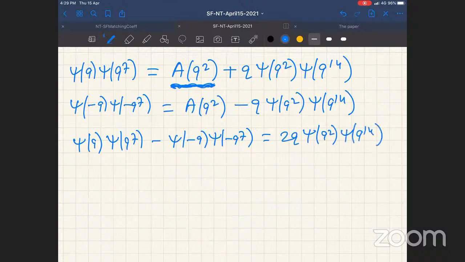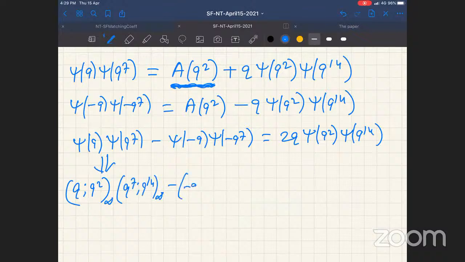And from here, it actually follows that if we transcribe these two q-products, then we see this as (q^2; q^2) sub infinity, then (q^7; q^14) sub infinity, then minus (q^2; q^2) sub infinity, minus (q^7; q^14) sub infinity, and that is equal to minus twice q, and we have here